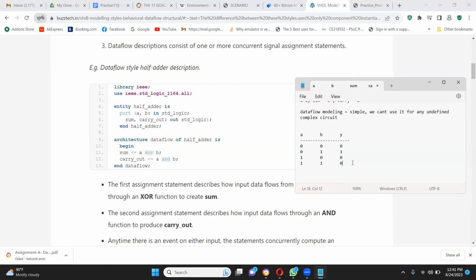See, let's say if it is like this, easily I can go for XOR gate, right? A XOR B, I'm done. I can use data flow style, easily done, right? But in case of this,